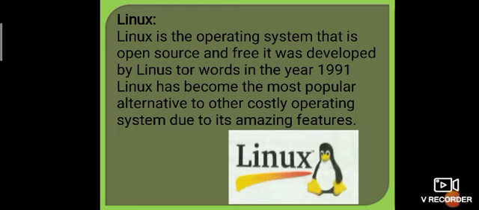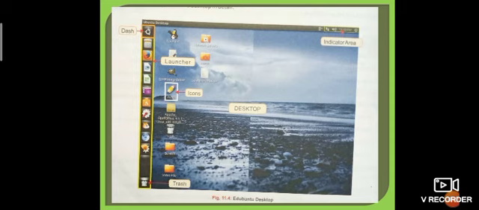We can see the Linux window. This is the Linux desktop. Desktop means whenever we open Linux, the first window of Linux that we can see here. The first screen that appears covering the entire screen with two bars, one on its top and other on its left, is called the desktop. The image in the background is known as desktop wallpaper. The small labeled pictures or symbols present on the desktop are called icons. It is similar to the Windows first screen, Windows desktop.